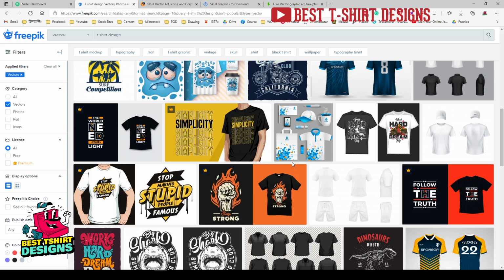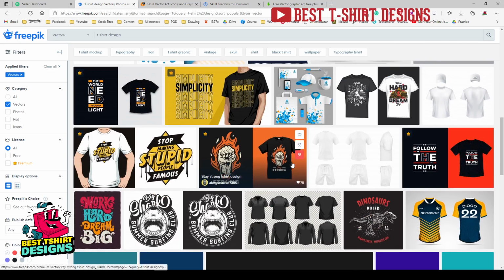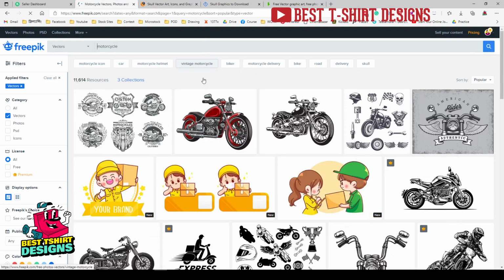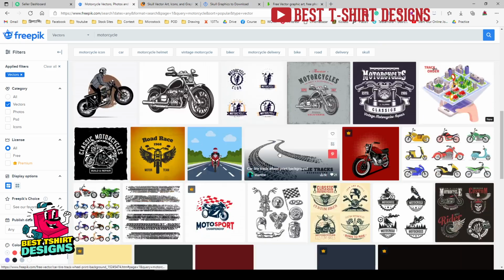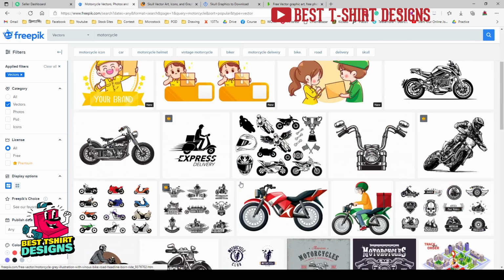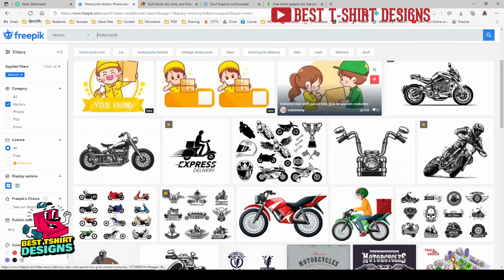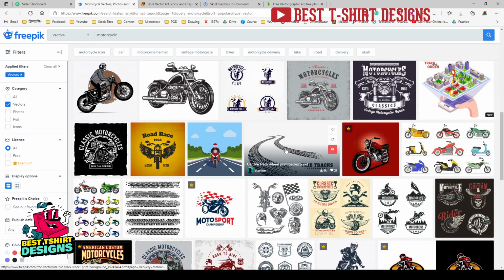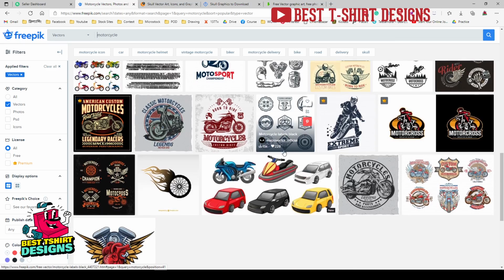So what you can do here, the legal way, is to download a part of a graphic, or download a graphic to make that a part of your design. Like, let me say I am searching for motorcycle. Searching for motorcycle will give me this vector search page, and here I will be able to see different types of graphics on motorcycle. Everything I need here I will be able to find. Some of them are premium, some of them are free. So whatever I want I can take, but how to use them in my design?